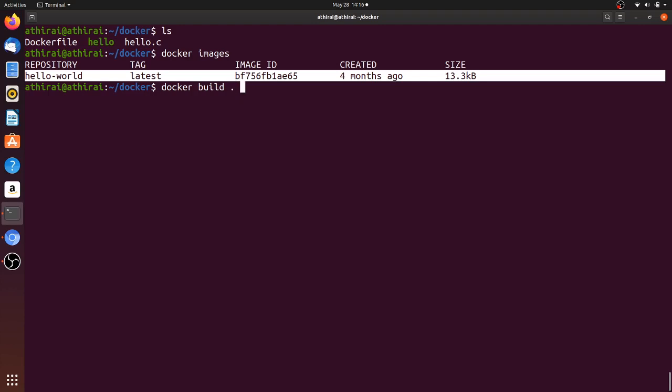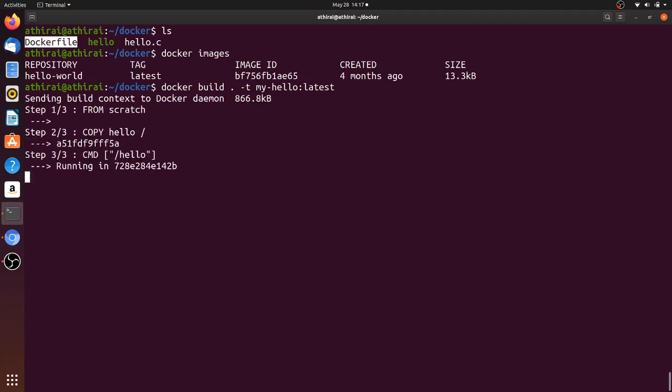I'm going to give dot and then -t my hello:latest, right? This is my hello world program which I have written, and I'm asking docker to create an image using this docker file whatever we have created.